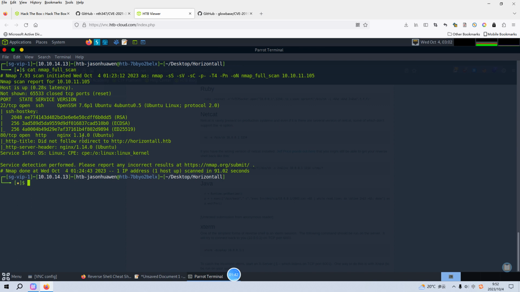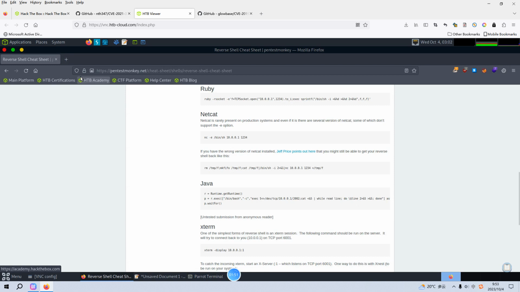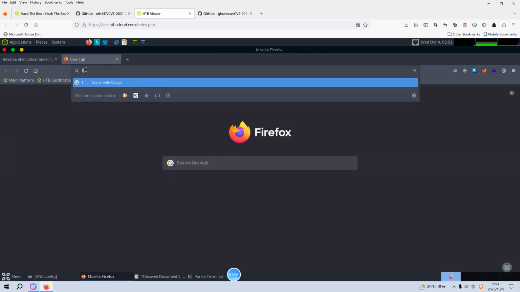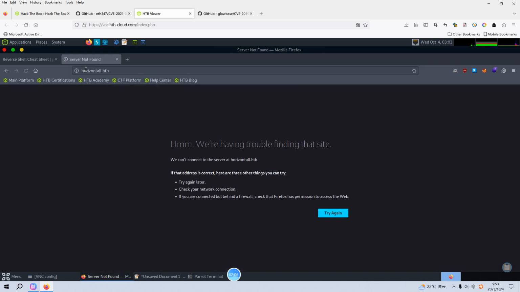So what we are going to do next is to enumerate information about the web application. Let's fire up our browser and put in the IP address of the target. Okay, but we are having trouble finding that site. We cannot make a connection to this server. In other words, we need to